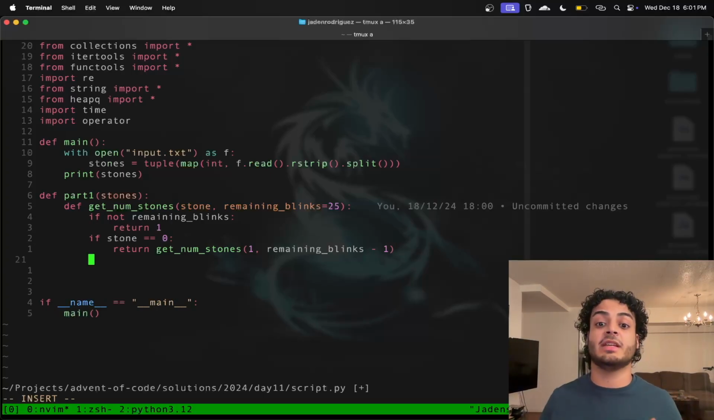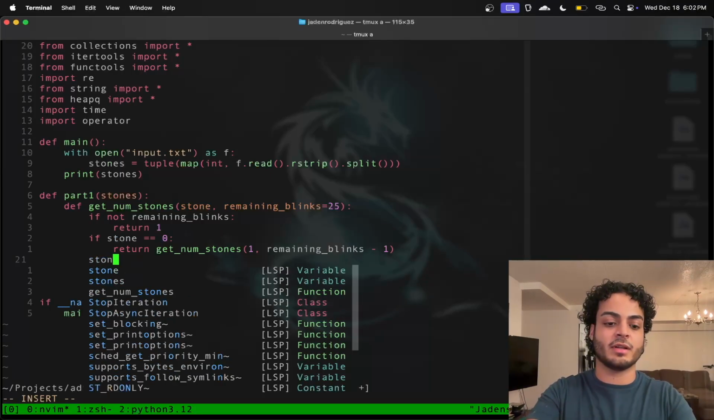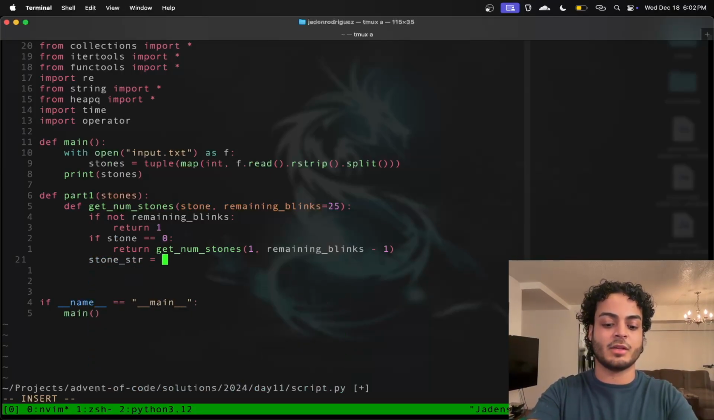Otherwise, I should check if there's an even number of digits, right? So to do that, I'll convert the stone number into a string, and then I'll check if it has an even number of digits, and I can split into left and right half, right? So I'm going to say my stone string equals str of stone,